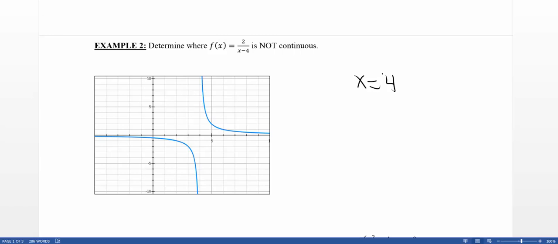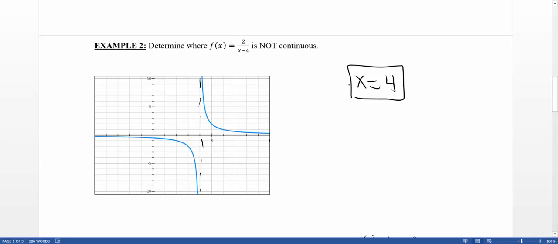If I consider the graph of this function pictured below, I can see that at 4, something really interesting happens. I get what's called an asymptote. So again, if I want my function to be continuous, then I need the limit to equal the functional value. Well, I know that there's not even a functional value at x equals 4, so I know I